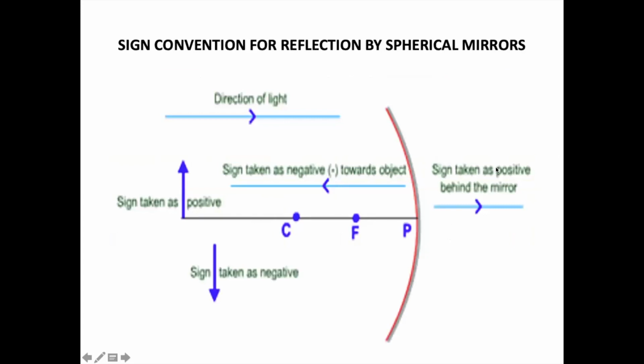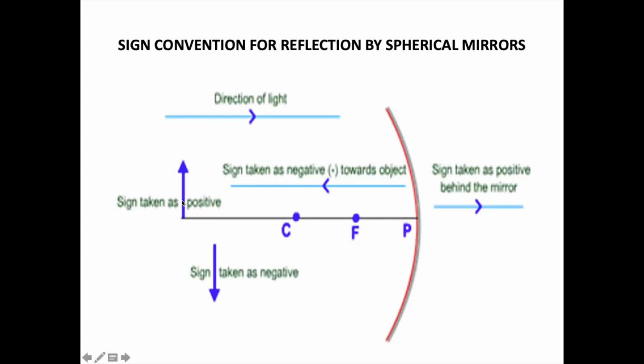So this is a spherical mirror. This is the direction of the light, that is the incident ray. We always measure things from the pole, from this direction towards this direction, and therefore the sign against the direction of light is taken as negative. But if behind any object an image is formed, then the symbol has to be taken positive.